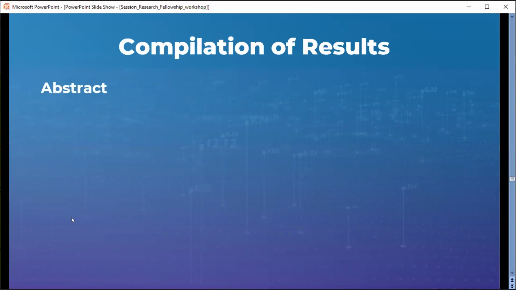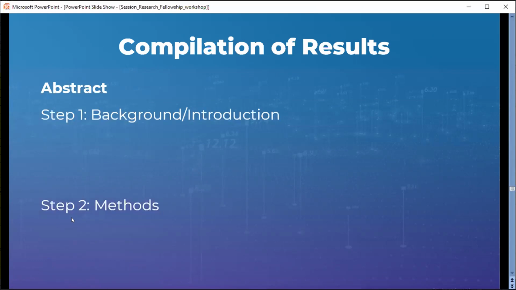Here are some important things you always need to consider before compiling your research, either as a publication or if you want to present it at a conference: you need to prepare your abstract. Usually your abstract is a summary of your work. There are 4 important steps when writing your abstract. The first step is writing about the background or introduction.